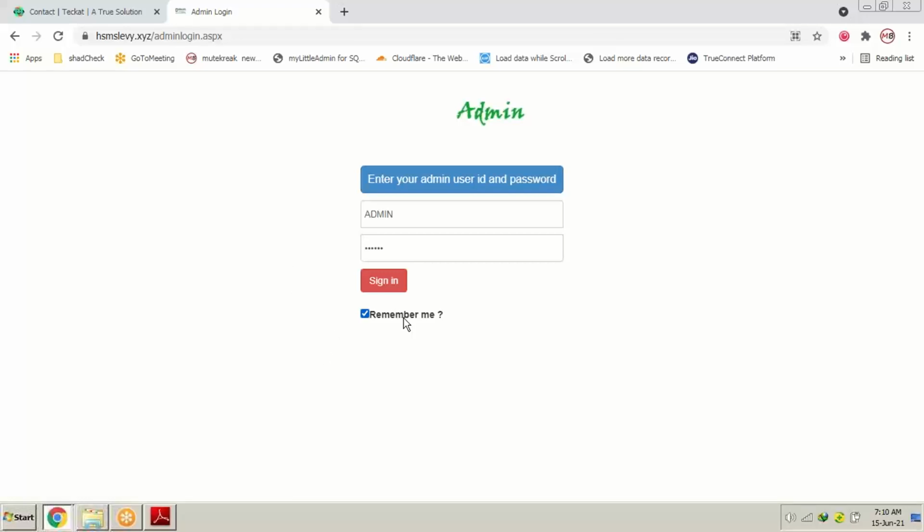So in the same way, we require a place in the computer from where we create the entire software according to the client's need. Suppose what you are seeing on the screen is the user ID text box, this is called a text box, and a password text box, and there's also a button.